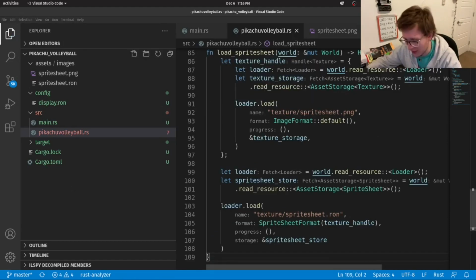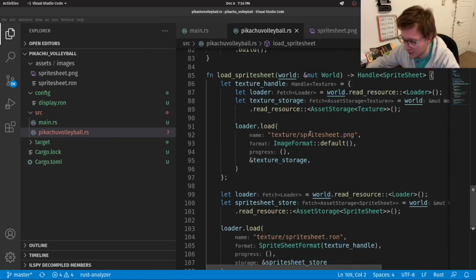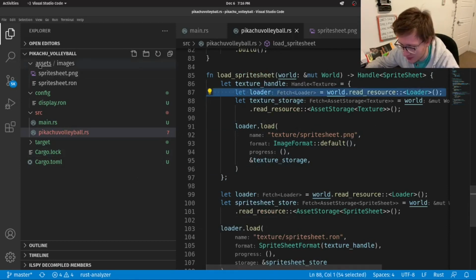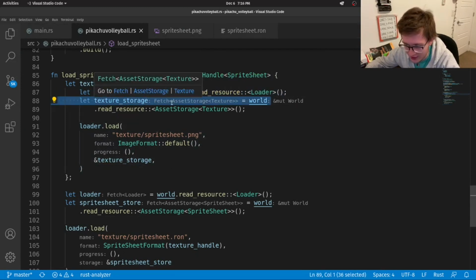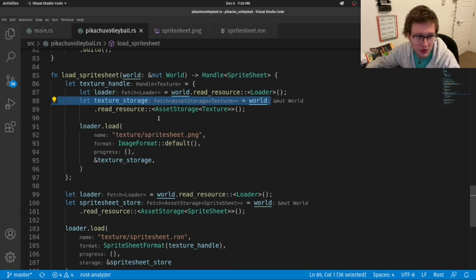Okay, so we have a lot to unpack. First, we are creating a loader, which is a resource that will help us get our PNG. Next, we are creating an asset storage, also a resource, and that is where our .png will be loaded onto. Lastly, we make use of our loader, which you can see right here.